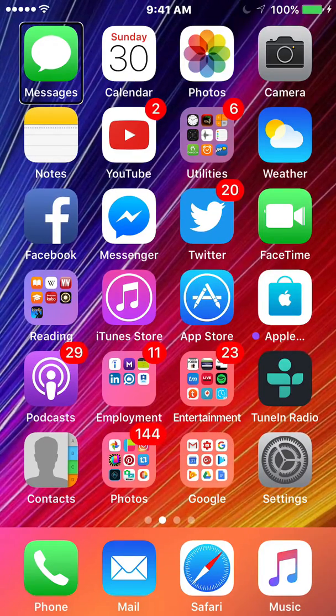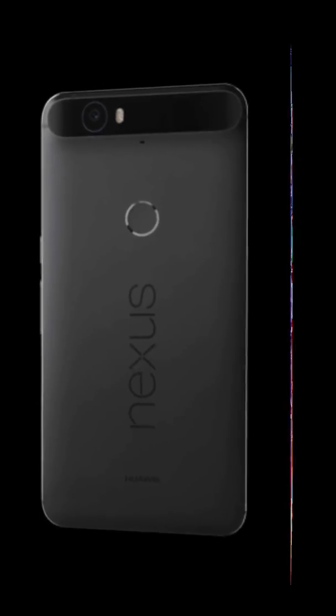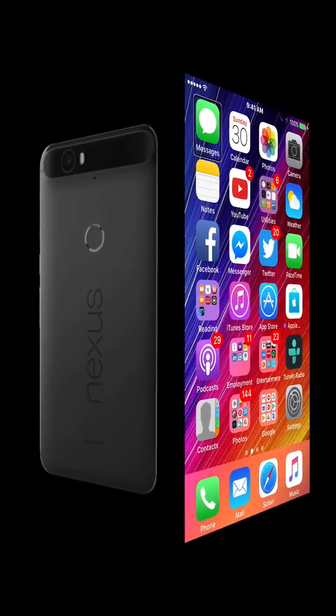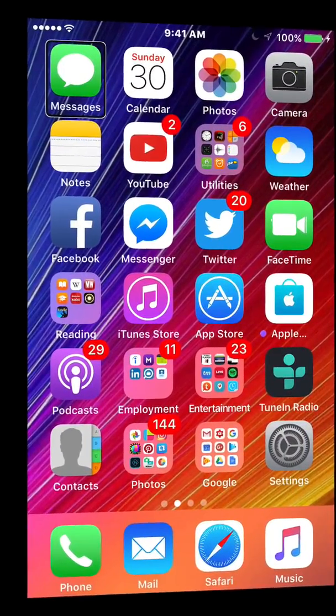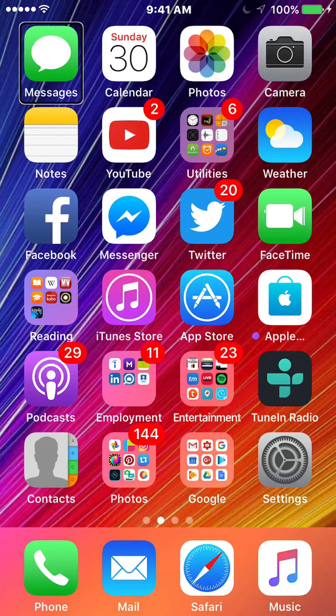It's to the point now that when I was using my Nexus the other day, because my iPhone battery had died, it just felt weird and a little bit awkward with TalkBack. Now give me a couple days back on that device and I'll be zooming around TalkBack as well. And you can still be productive with TalkBack,